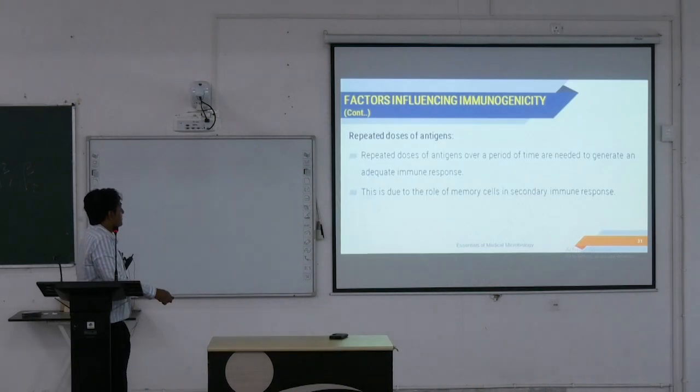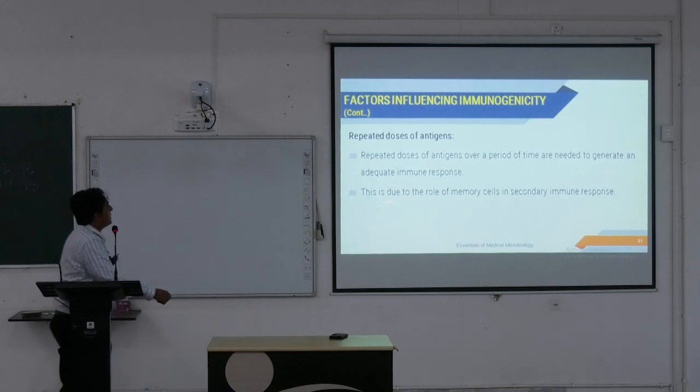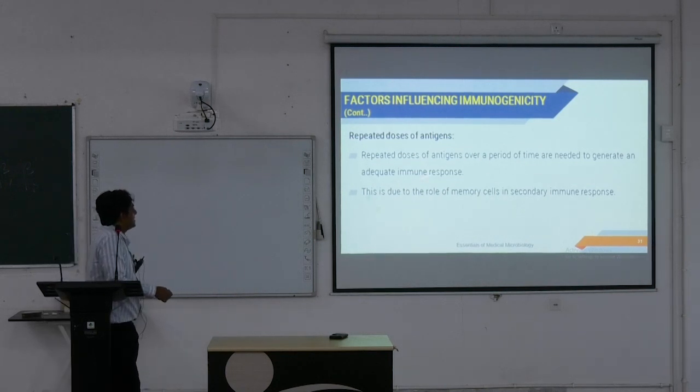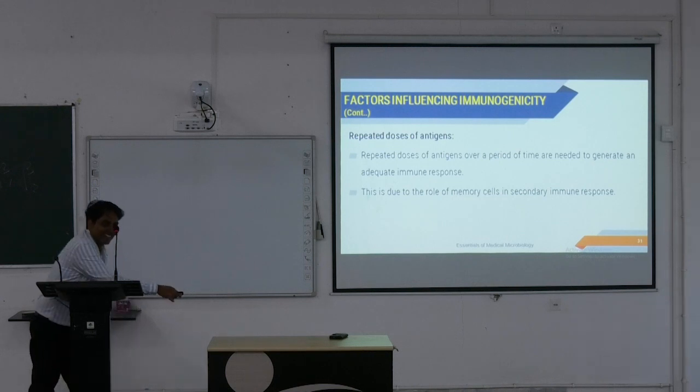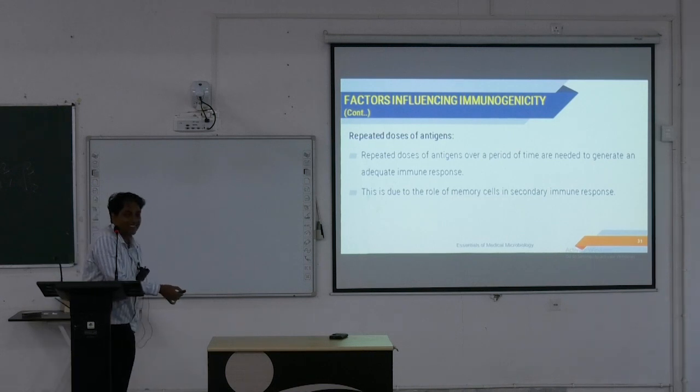ডিপেন্ডস অন দ্য টাইপ অফ অ্যান্টিবডি প্রডিউসড। রিপিটেড ডোজেস অফ অ্যান্টিজেন ওভার আ পিরিয়ড অফ টাইম আর নিডেড টু জেনারেট অ্যান অ্যাডিকুয়েট ইমিউন রেসপন্স। গার্লফ্রেন্ড আছে তোর? আচ্ছা, ধর তুই তাকে প্রথমে একটা লাভ লেটার দিয়েছিস, ও পাত্তা দেয়নি, তবে তুই রিপিটেড দিতে থাকলি, প্রতি সপ্তাহে লেটার লিখতে থাকলি, ওর মধ্যে একটা রেসপন্স হবে তো, বলে যে হ্যাঁ ঠিক আছে আমি এবার ভাবছি, তাই তো? সেম থিং লাইক দ্যাট, ঠিক আছে? রিপিটেড ডোজেস অফ অ্যান্টিজেন জাস্ট প্রেমপত্র পাঠানোর মতোই, বেশ কয়েকটা দিলে তারপর কাজ দেবে, একটাতে নাও দিতে পারে।